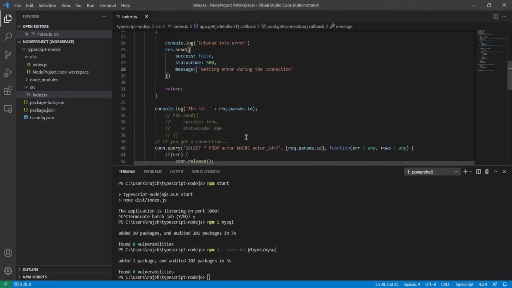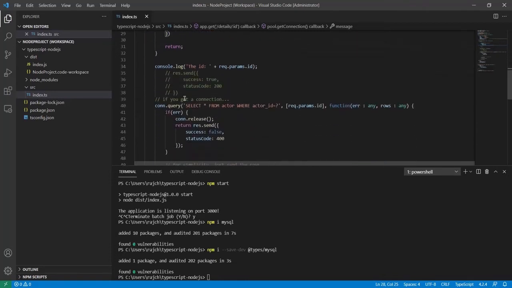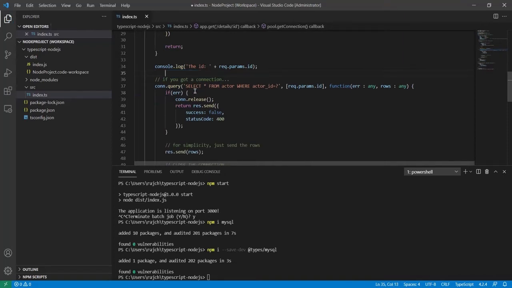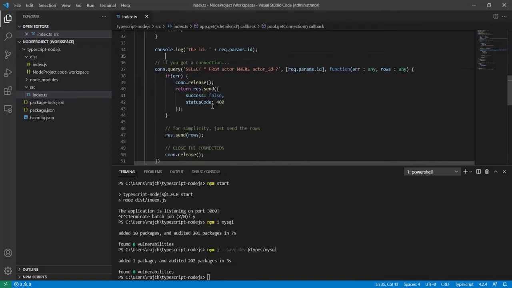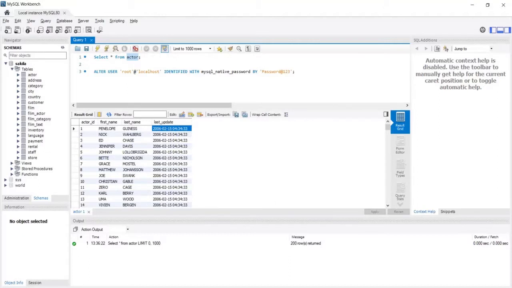And if there is no error, then it will come here. You can see here I am using the query to get the data from the database on behalf of the actor ID. Let me go to the database.